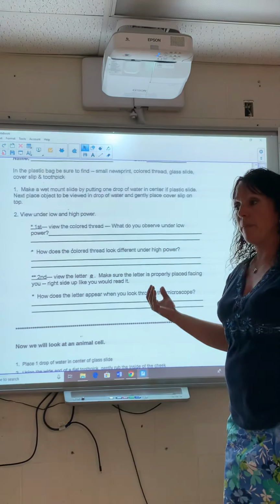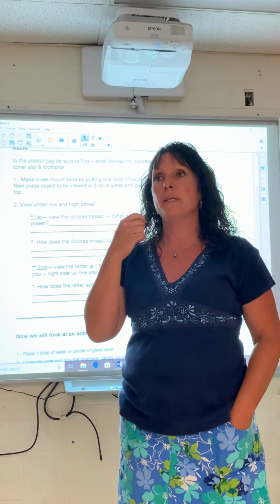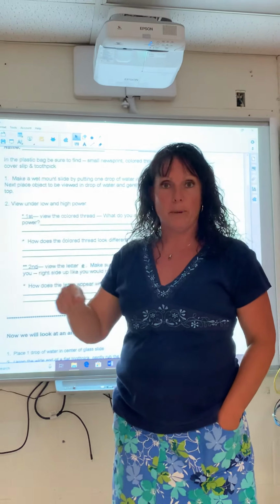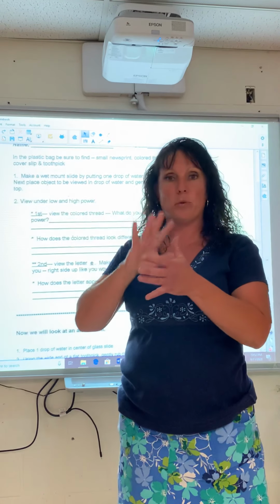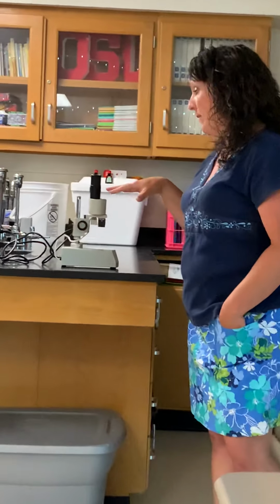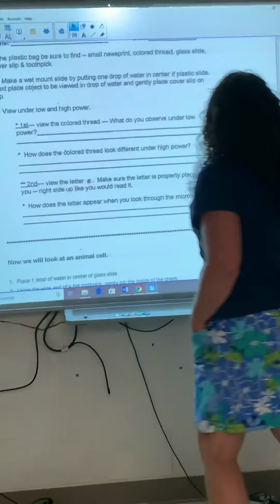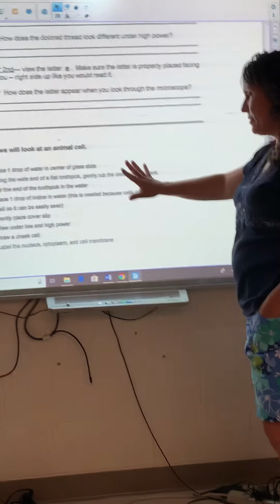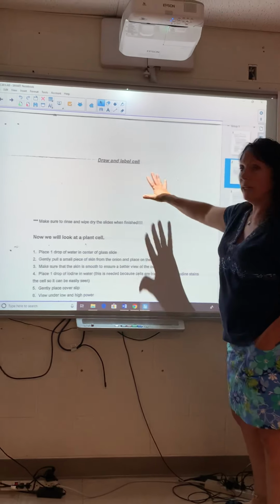So when we start talking about an animal cell, with our microscopes that we have here, we can look at our cheek cells. And with that, you're able to definitely see the cell membrane, and we can see the nucleus within our cells. So at this particular stage, after we've covered just these few things and we've done our diagram, the students would have been able to make a wet mount slide and look at their cheek cells within these. And then from there, they would answer the questions within the lab. This has the directions,